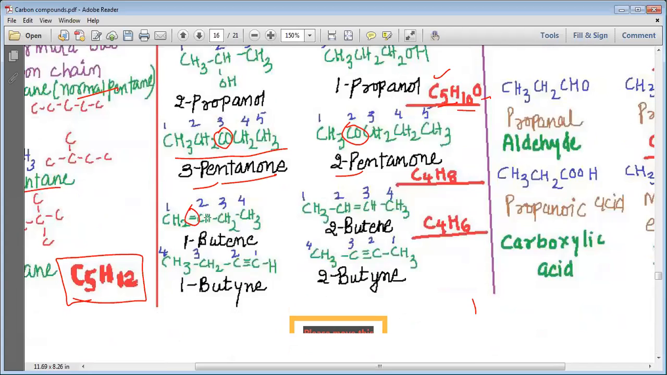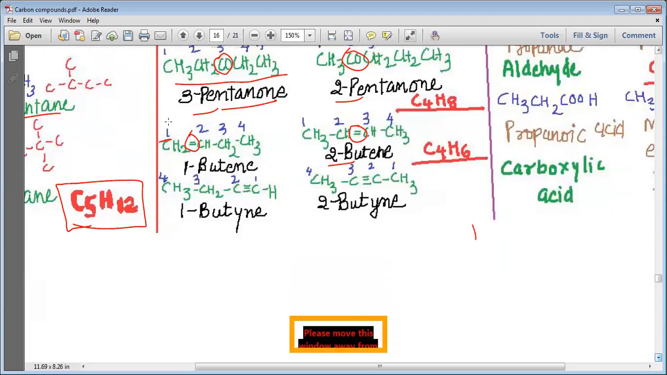In the same way, when you look at the double bond, my dear students, if the double bond is present after 1 carbon, we call it 1-butene, because there are 4 carbons, and if the double bond is present after the second carbon, we call it 2-butene. And this is how 1-butene and 2-butene are also position isomers. In the same way, my dear students, 1-butyne and 2-butyne. In 1-butyne, we have the triple bond after the first carbon, and in 2-butyne, we have the triple bond after the second carbon. And 1-butyne and 2-butyne can also be called